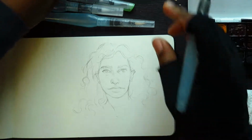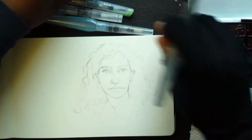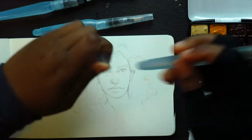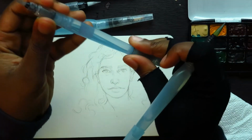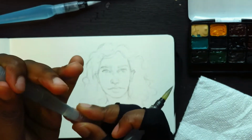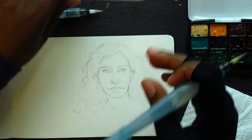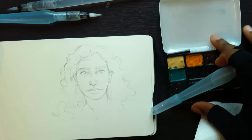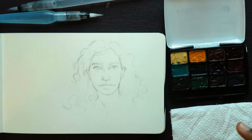So I'm just prepping the brushes so that I don't have to keep taking off the caps. And then I'm gonna squeeze water onto the palette to just wet it in a few seconds, and then I'm gonna swatch them just so I can see the colors again, since, like I said, I hadn't used any of these colors before. This portrait, I was trying to